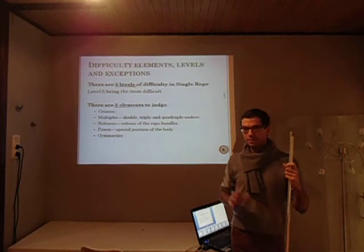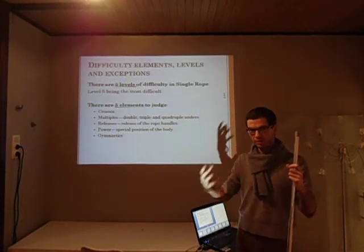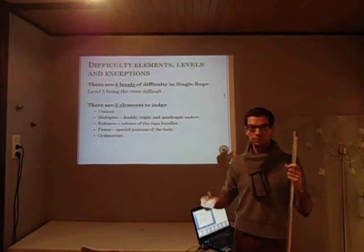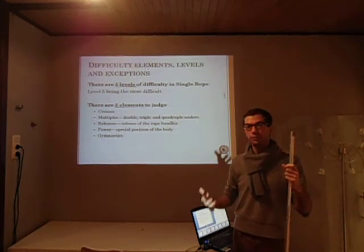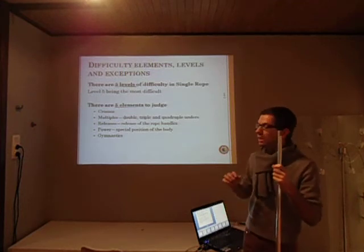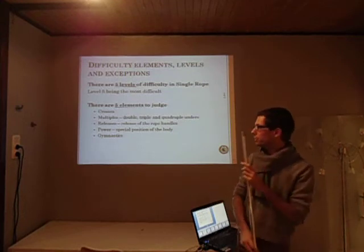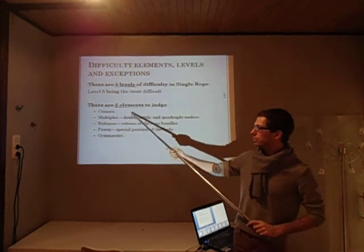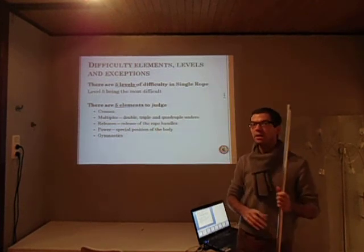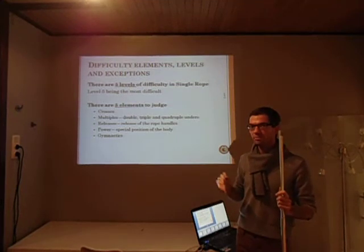It's the same as in difficulty double dutch. You have 5 different levels. So when they do a skill, then you have to write down on your score sheet a 1, a 2, a 3, a 4 or a 5. A 5 meaning a very hard skill and a 1 is a very easy skill. In general, we tried to put every skill into one of those categories. You have crosses, you have multiples, releases, powers and gymnastics. In, let's say, half a minute to a minute, I'm going to try to explain to you